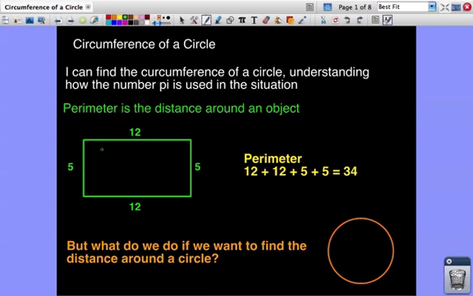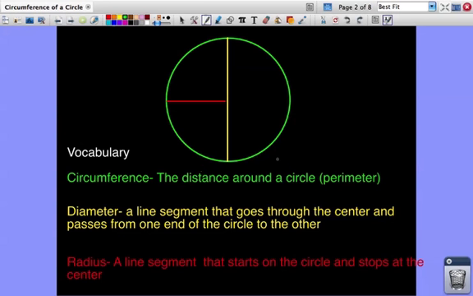But what do we do if you want to find the distance around a circle? Because we don't have these edges, we don't have all these distances. We don't have all these measurements to add up. And that's what circumference is. Circumference is the distance around a circle. It's just a fancy way of saying the perimeter of a circle. And to know what the circumference is, we have to know what the diameter is, and we have to know